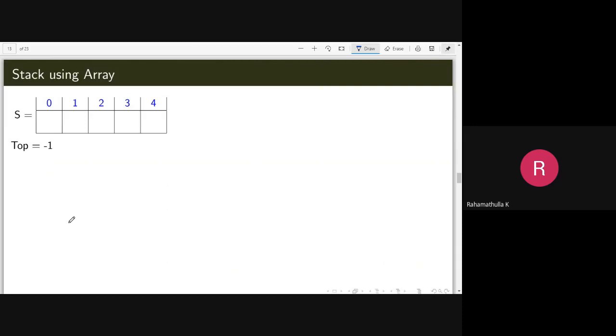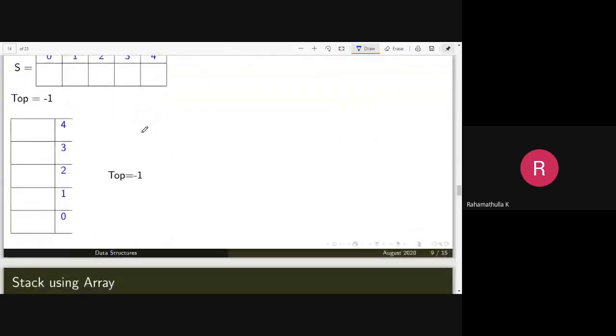For implementing our stack ADT, we have defined a stack as space for storing elements. Here the size of the stack is 5, so locations 0, 1, 2, 3, 4 are specified. Say you created an array: S of 0 you will get the first element, S of 1 you will get the second element, and so on. Now we have one more thing called the top pointer, which is stored with a value of -1. That means that the stack is empty now. You have not inserted any elements onto the stack.